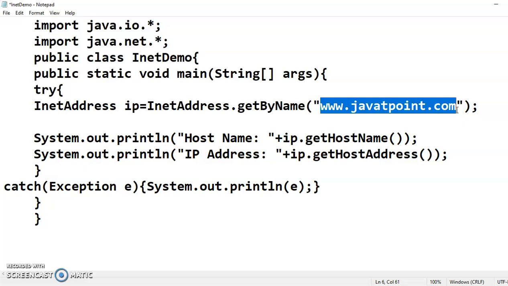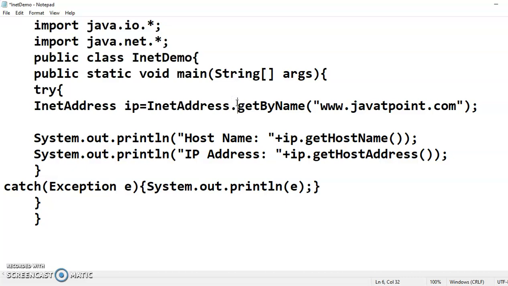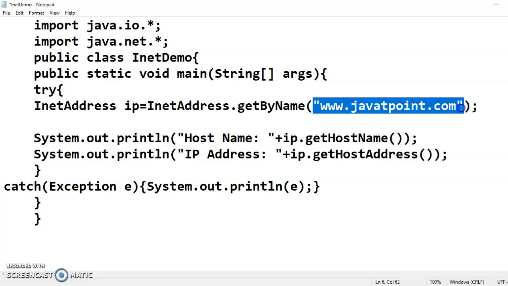Now, generally we call any method with an object, but factory methods are invoked with the help of the class name. So what is the class name? InetAddress.getByName, and in brackets we write the domain name or host name for which we want to print the IP address. As the factory method returns an object of a class, which class?